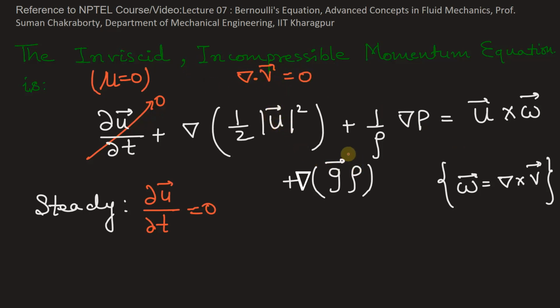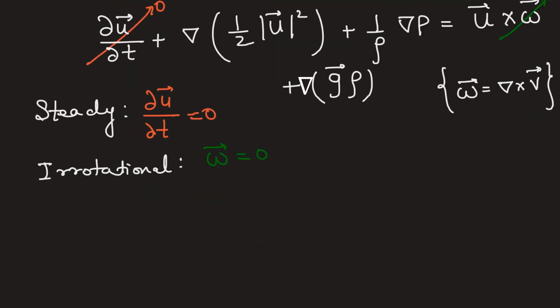Now one more condition that's not given in the problem, but if it is not mentioned, then by default we can say that the flow is also irrotational. So if the flow is irrotational, that means omega vector is also equal to 0. That means vorticity of the flow is 0. Flow is irrotational. Now using these conditions, we can write the above momentum equation as,